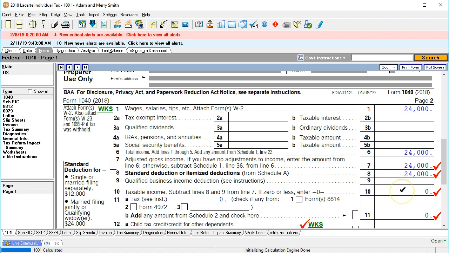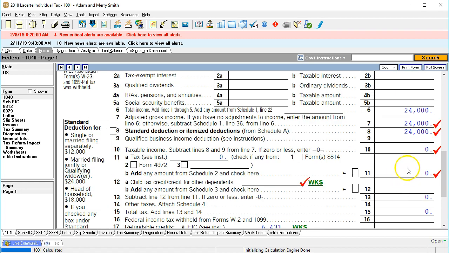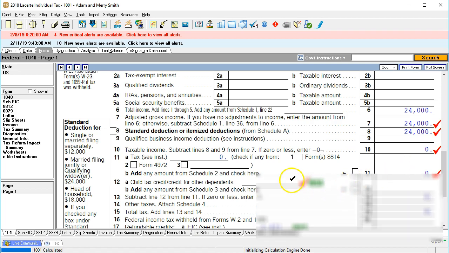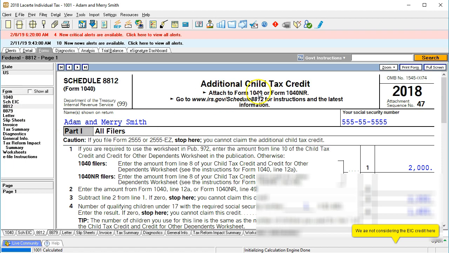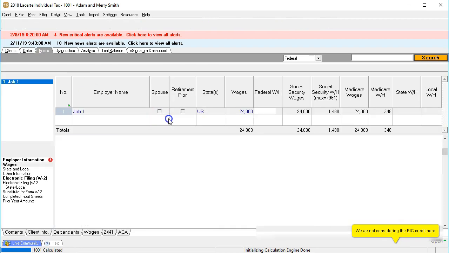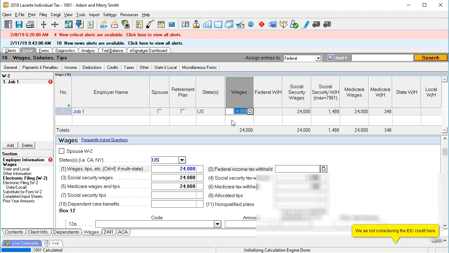So there's no taxable income and therefore no tax. No tax is owed. And therefore, there's no child tax credit in this case. Now, we have this additional 8812, and we'll talk about that later. That's the additional child tax credit. We're going to increase a bit here to 24 to